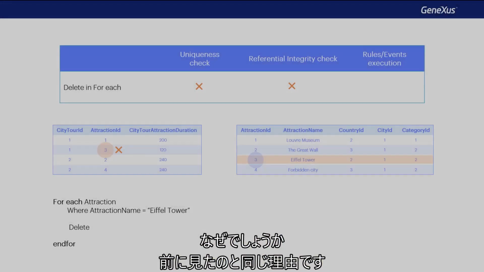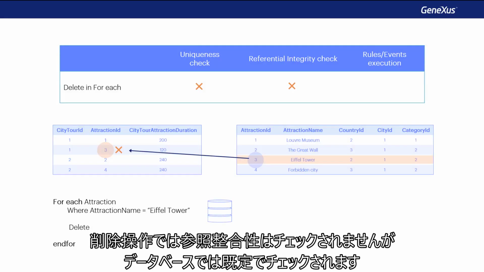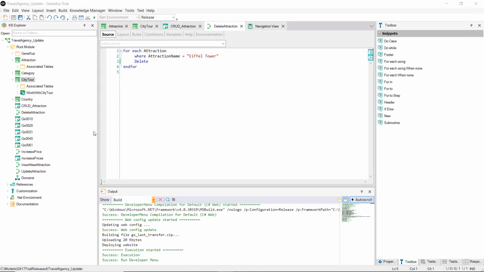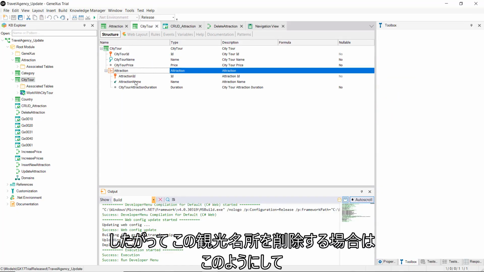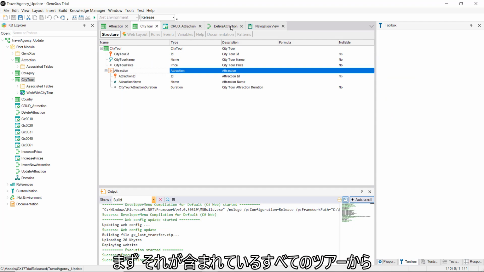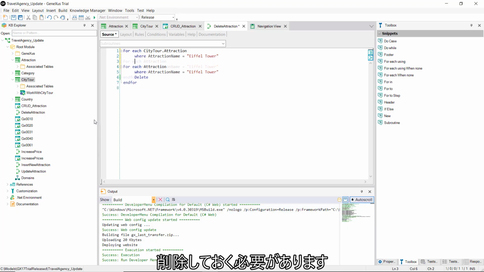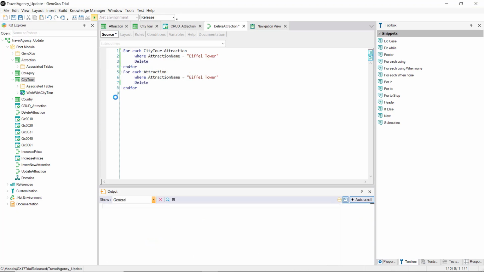Why? For the same reason we've seen before. The delete operation does not check referential integrity, but the database does it by default, and we're not catching the exception it throws. So, if we want to eliminate that attraction, we should first eliminate it from all the city tours where it's included. In this way. We run it,